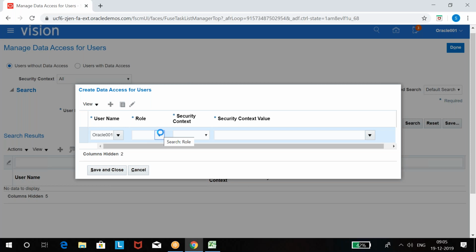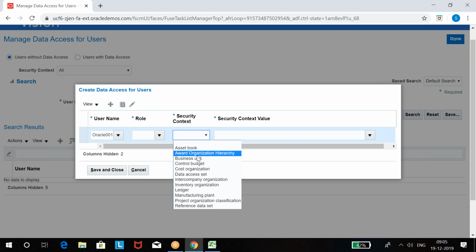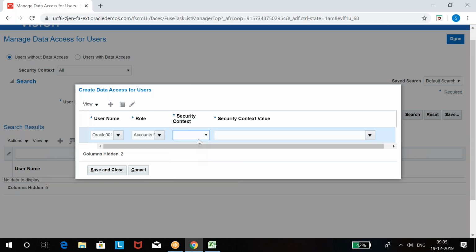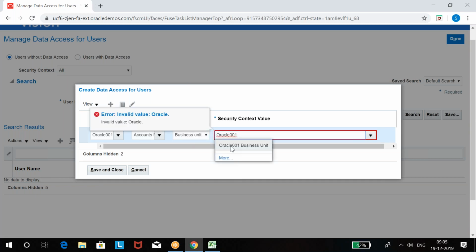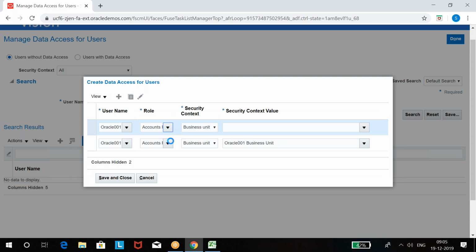And for which job role, provide data access to the user's job roles. Accounts payable manager, business unit, Oracle 001 business unit, the one we created yesterday. Duplicate, click on this duplicate. It creates a line with the same details.